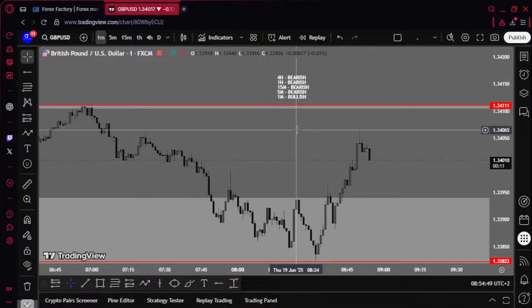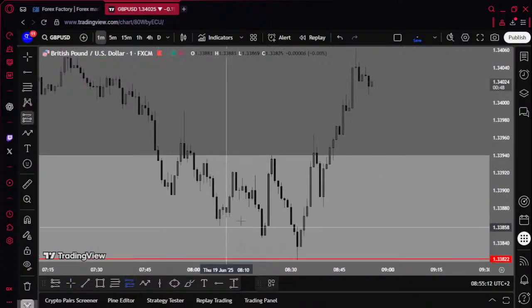I could never find good entries, and I would always be in drawdown as soon as I entered. Price would immediately reverse and go to my stop loss. Sometimes it might not hit it, of course, but I just never got accurate entries on the 1 minute, because there's so much noise in the market. I mean, if you look at this, for example,